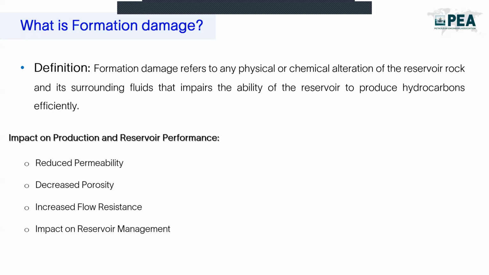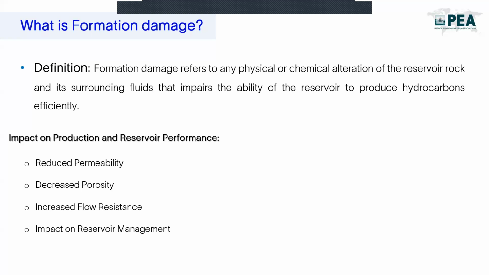So formation damage can occur at various stages, as I have mentioned, including drilling, completion, and production. Understanding the context helps you to identify where and why the damage might occur, allowing for better management and better mitigation strategies that you may propose for the formation damage. So let's go a little bit deeper and see what the main impacts of formation damage are on the production